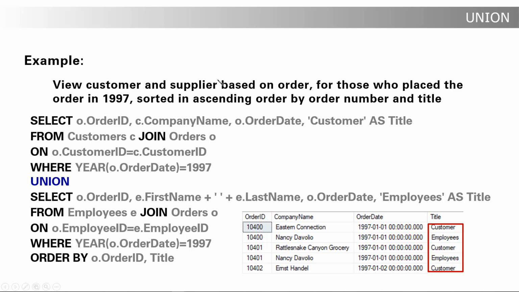We will do another example. View customer and supplier based on orders for those who placed the order in 1997, sorted in ascending order by order number and title. What we need to do here is get from the customers and the suppliers based on orders